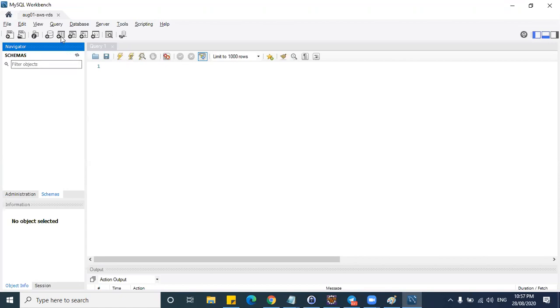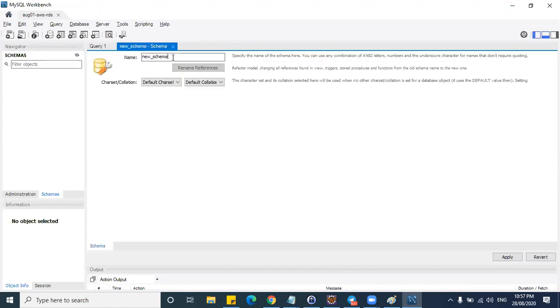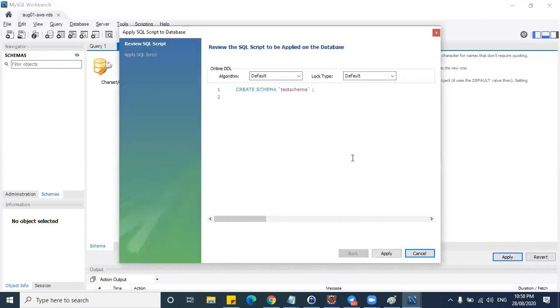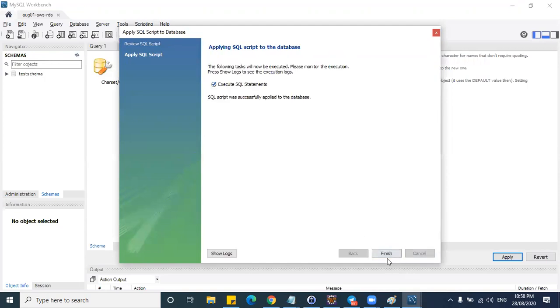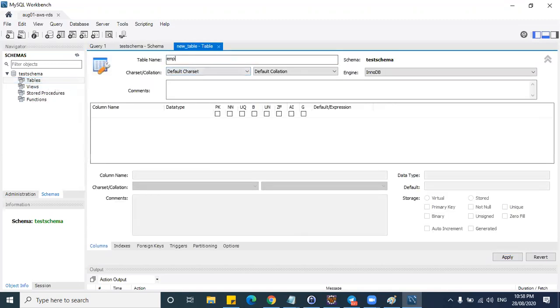To create a schema, just click here. I'll use the user interface. Let me say test schema. So this is your query. You can start copying your queries, or you can also export them after this. Then I'll create a new table, and I'll give the name as employee table. I'll keep ID as primary key,